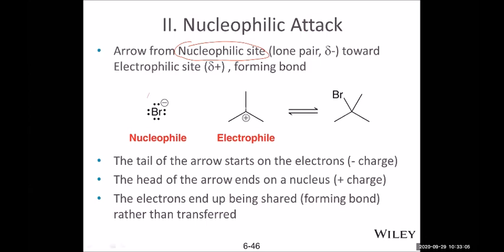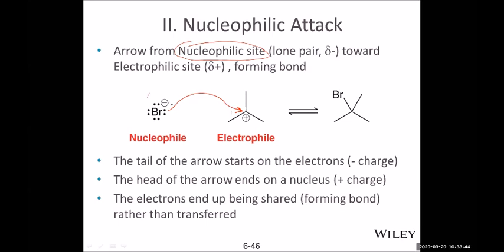So, for example, this is a bromide ion. Bromide ion has 4 lone pairs and 1 negative charge. So that's perfect for the nucleophilic role. It is attracted to the positive charge. And a carbocation is a form of positive charge, so it attracts electrons. Then in the arrow pushing reaction, the bromide uses a lone pair to form a bond on the carbon, on the carbocation. It is one step.